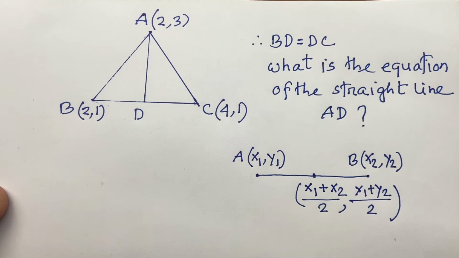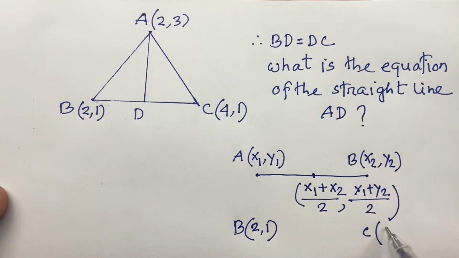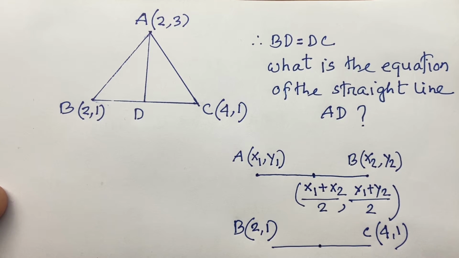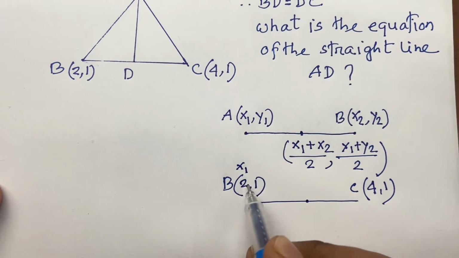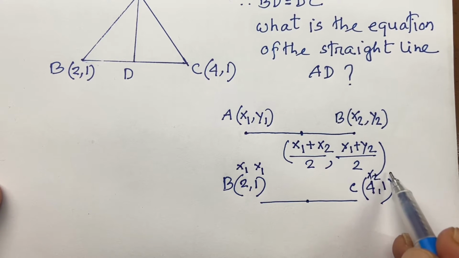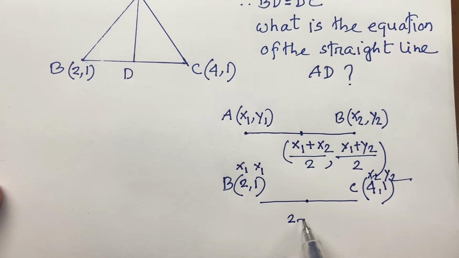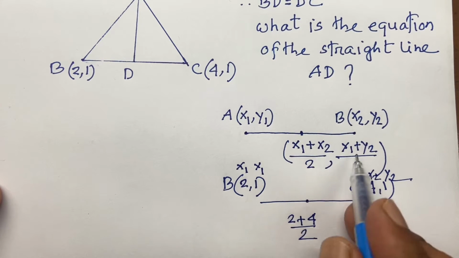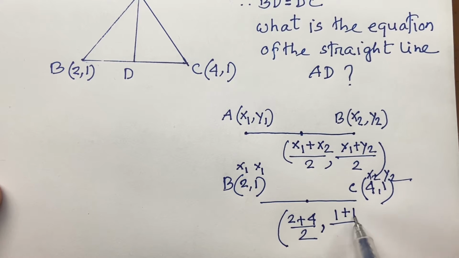So look, here B is (2, 1) and point C is (4, 1). So this middle point is, look, x1 plus x2. Here x1 is 2 and y1 is 1, and here x2 is 4 and y2 is 1. So I can say (2 plus 4) over 2 according to these rules, and (1 plus 1) over